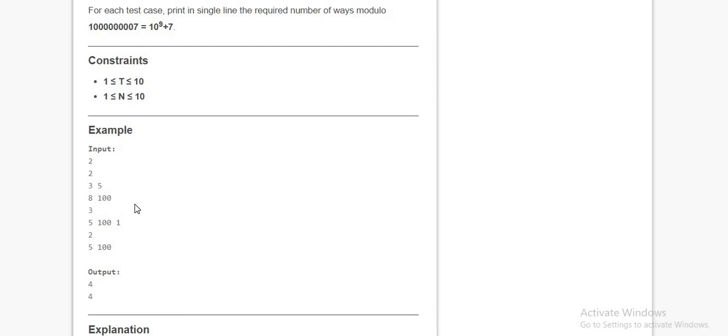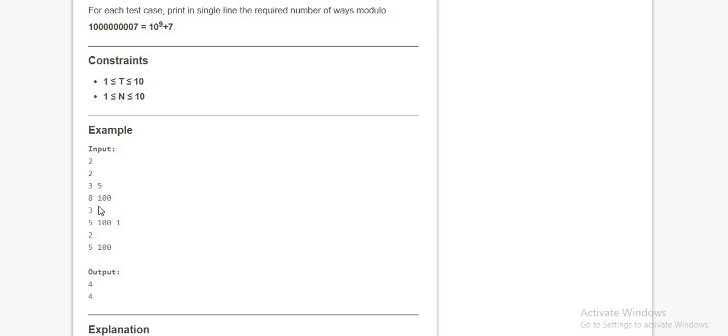If I want to make a combination, if person first wears 3 and second 8, that is one combination. Another is 3 and 100, the second combination. Then 5 and 8 is the third, and 5 and 100 is the fourth combination. So that's why the output is 4.